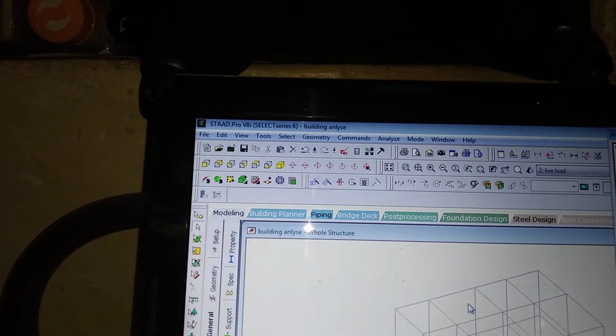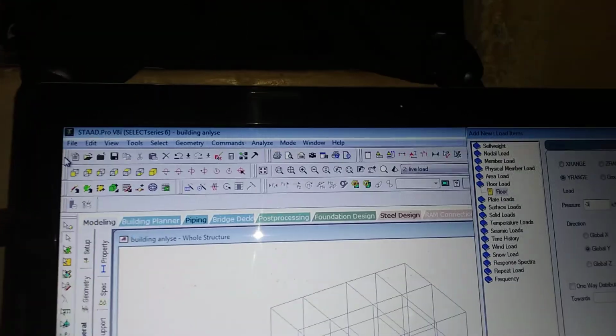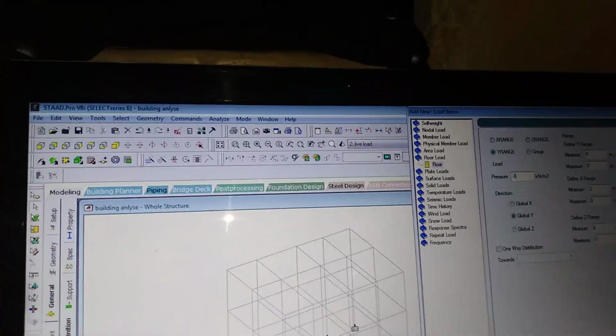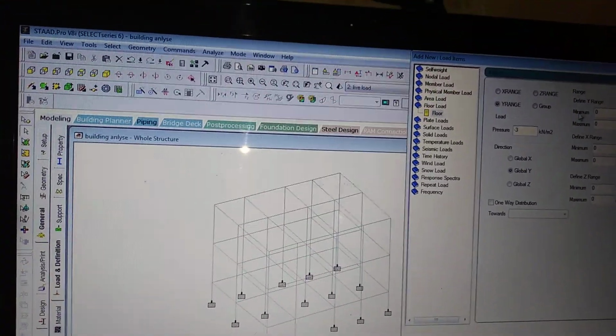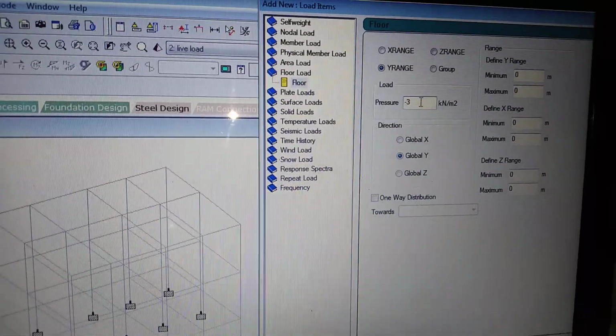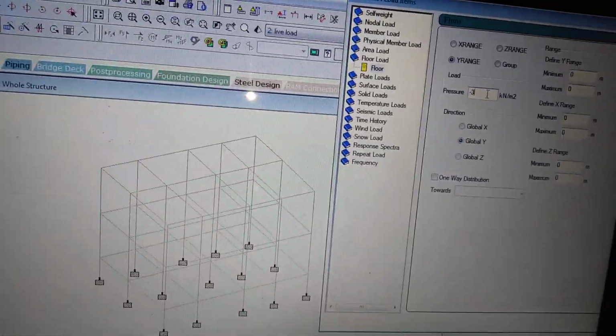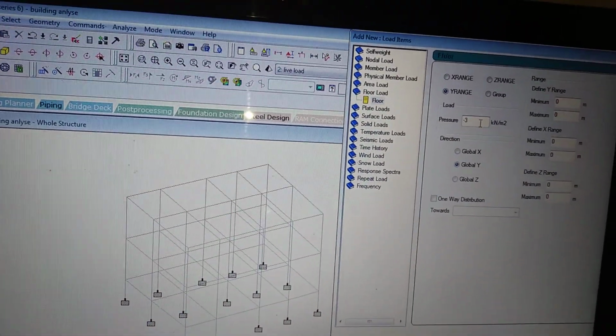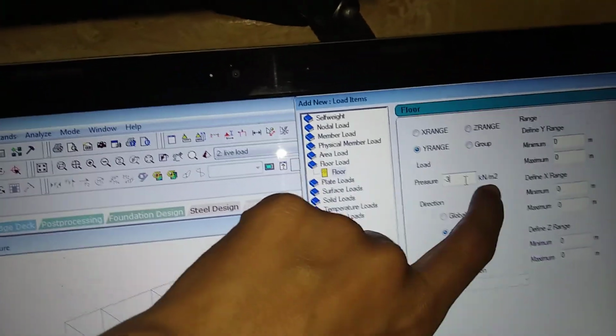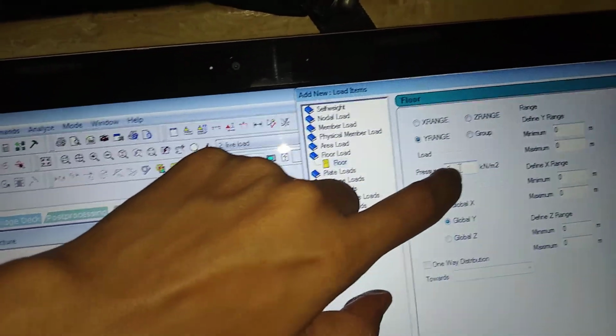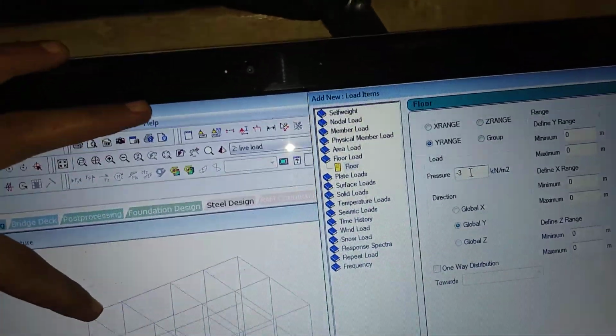Okay, see here, it is a live load. Live load occurs at the slab. Okay, in this case and in this case. What I will do, I will mention the 3 kilonewton per meter square to all floors, for each span. So commonly I took it as 3 kilonewton per meter square. Down, minus, indicates the load acting downward.